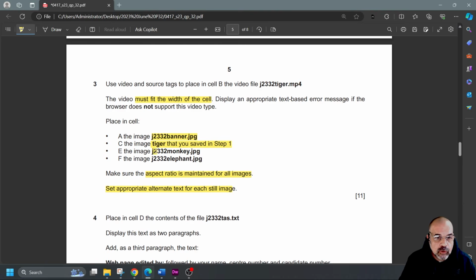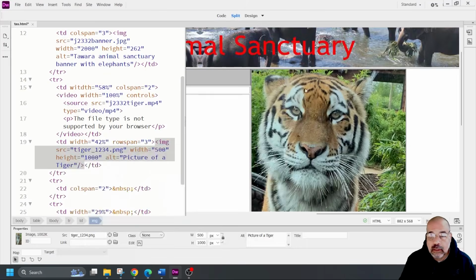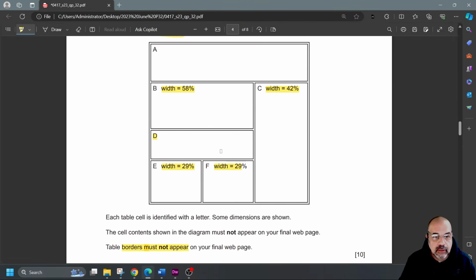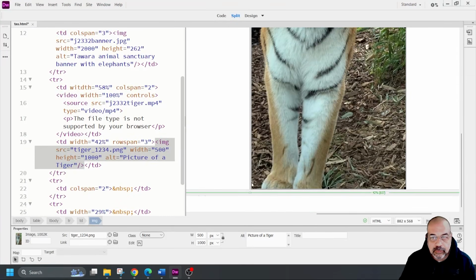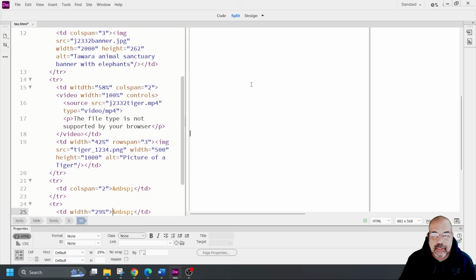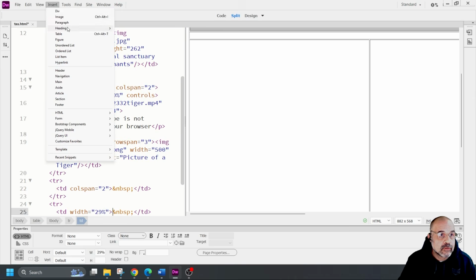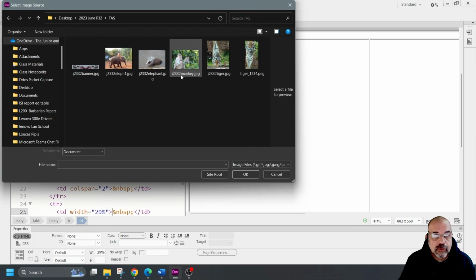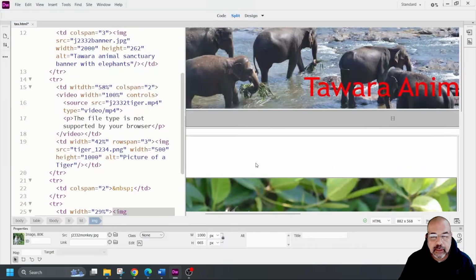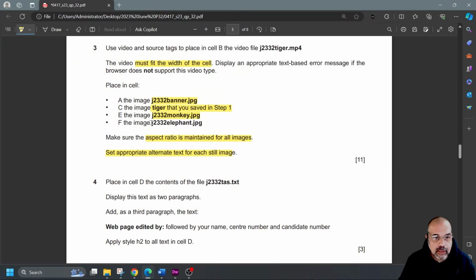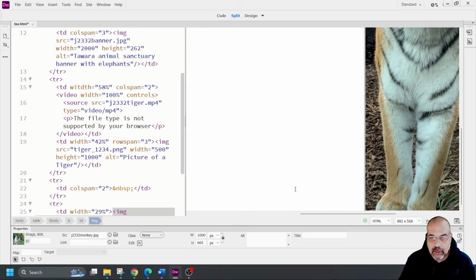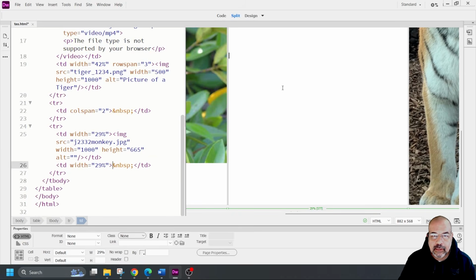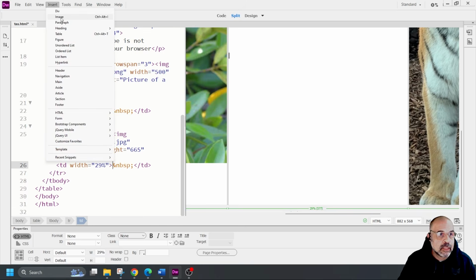Then in E, I want J2332 monkey. So E, if we just double check, is that cell down here. So that's going to be, oh, let's scroll over a bit now. You see how big this is. That cell there. So insert, image, and that's going to be J2332 monkey, that one there, click OK. And then in the last one, I want J2332 elephant. So to the right of that monkey, in this cell here, I'm going to insert image